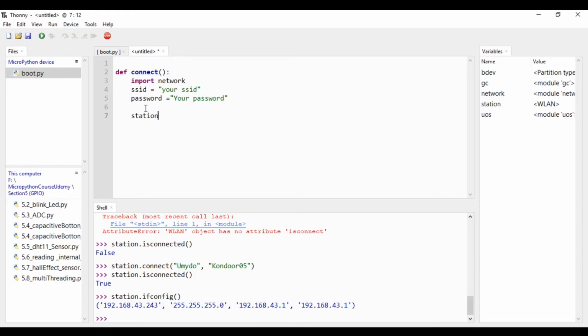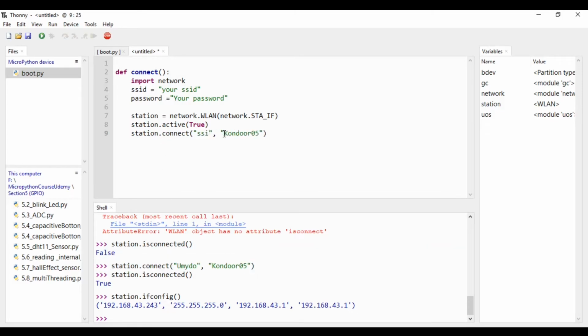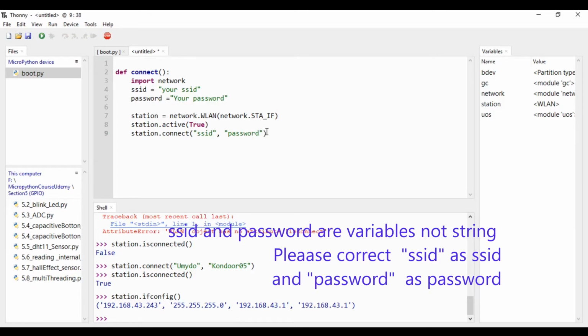Station is the object. Activate the station mode in the ESP32 by the command activate on the object, then connect to our network. So that's the one we used here, SSID and password.